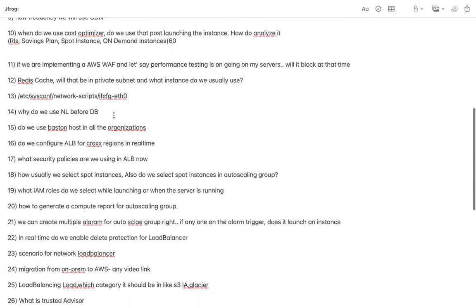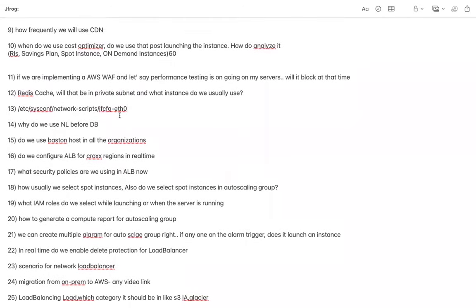For any instance, let's say if you are launching an EC2 instance, a network card will be assigned to the instance. How many network cards can we assign to an instance? That will depend on the type of EC2 machine you have. If it is network-performance oriented, you can add up to 5, 6, 7 LAN cards here. But at the end of the day, there is no specific number.